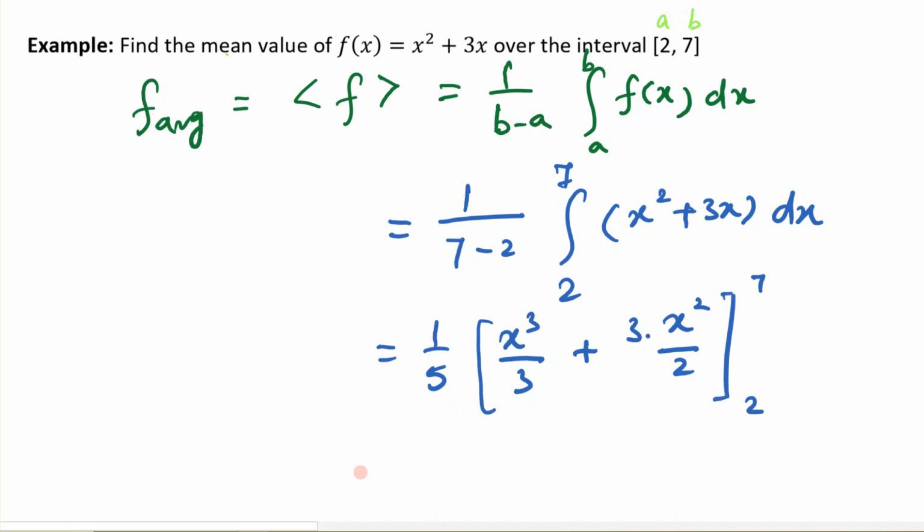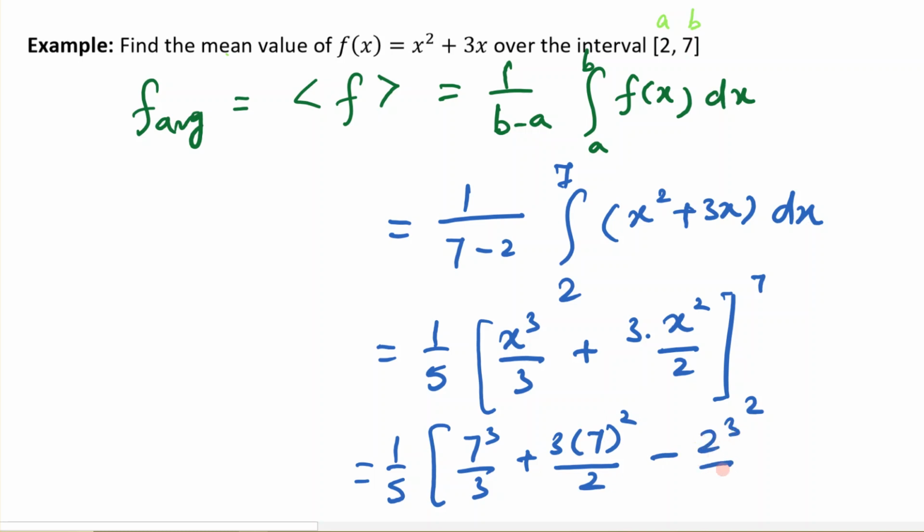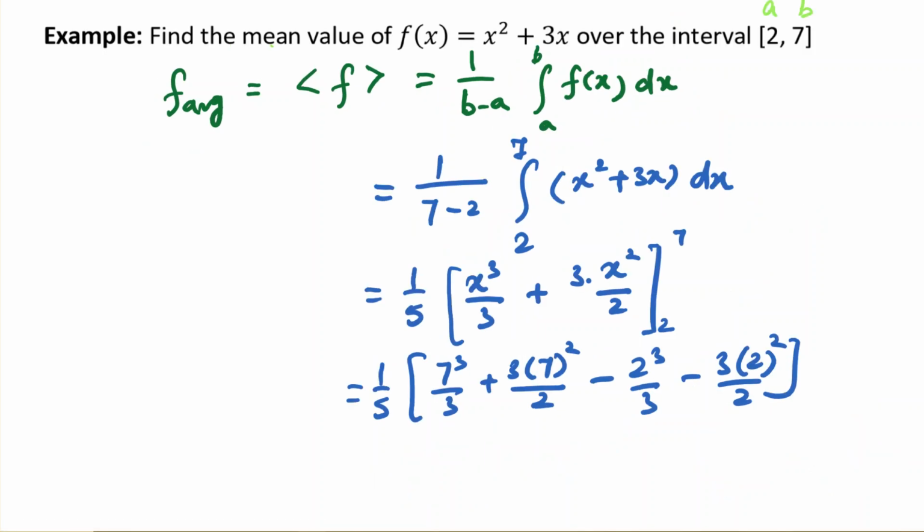In the next step, we do upper limit minus lower limit. So 1 over 5, 7 cubed over 3 plus 3 times 7 squared over 2, minus 2 cubed over 3 minus 3 times 2 squared over 2. Thus, when we solve it, we get approximately